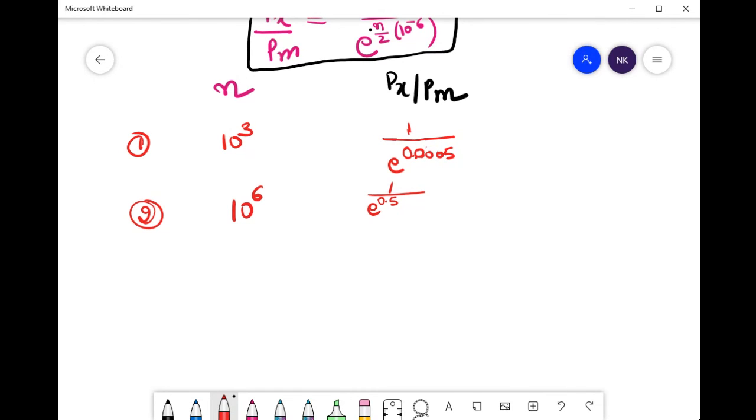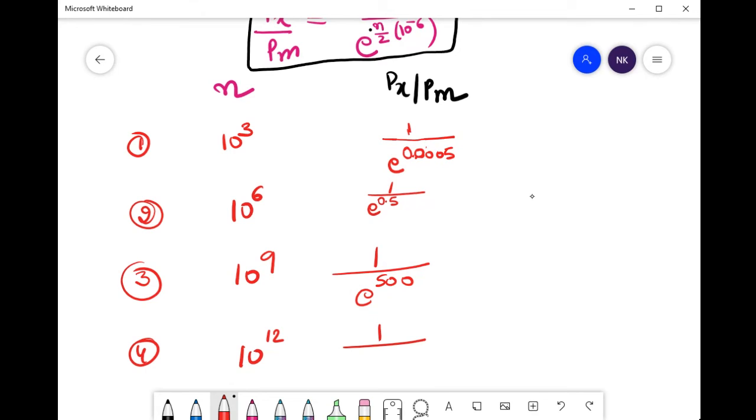Ma'am, e raised to power 0 will happen, right? How will it happen? It cannot be 0 under any circumstances. For 10 raised to the power 9, calculate, how much is coming? 10 raised to the power 12, it is going to come e raised to the power 1. And if you see a trend,